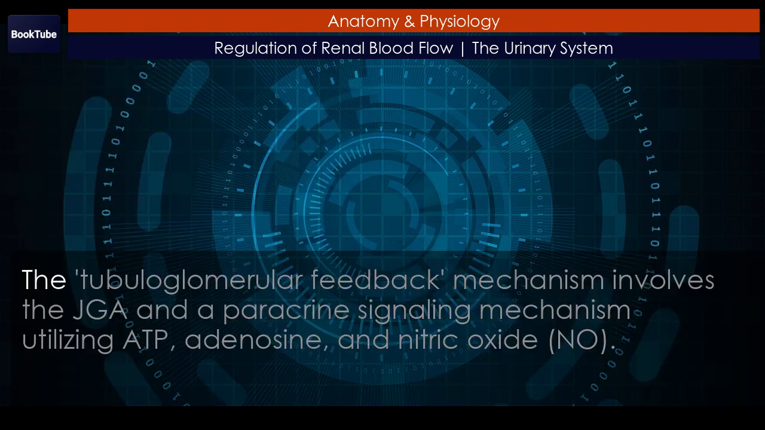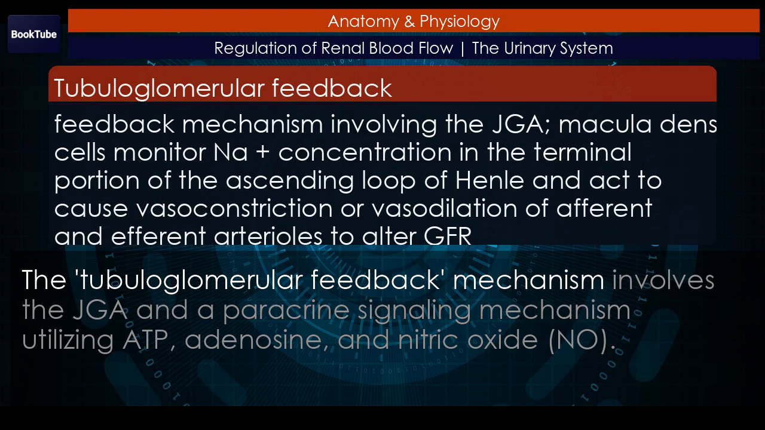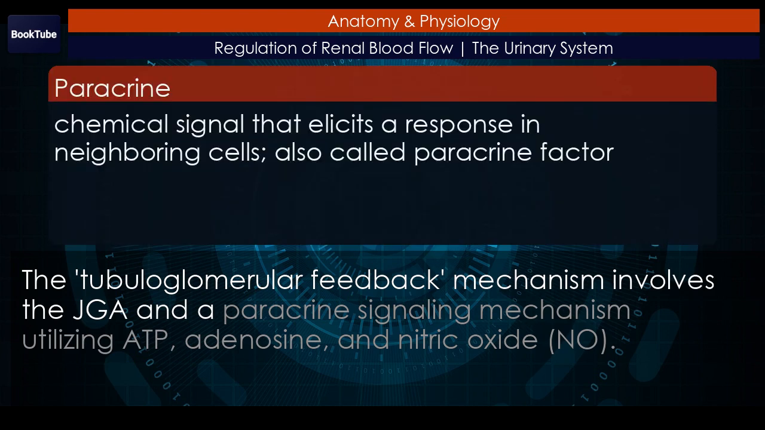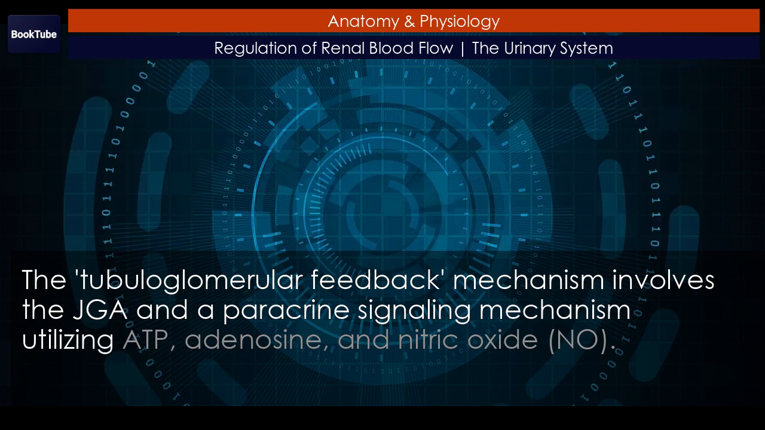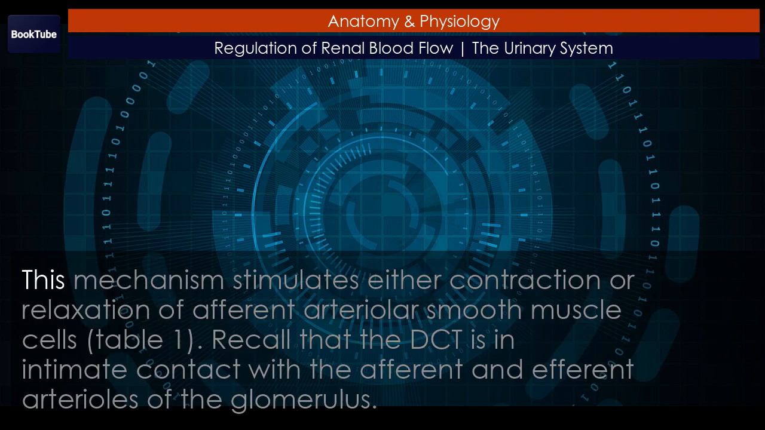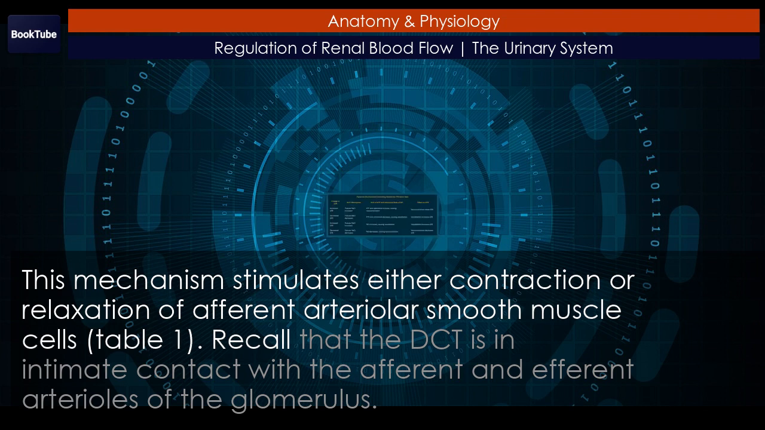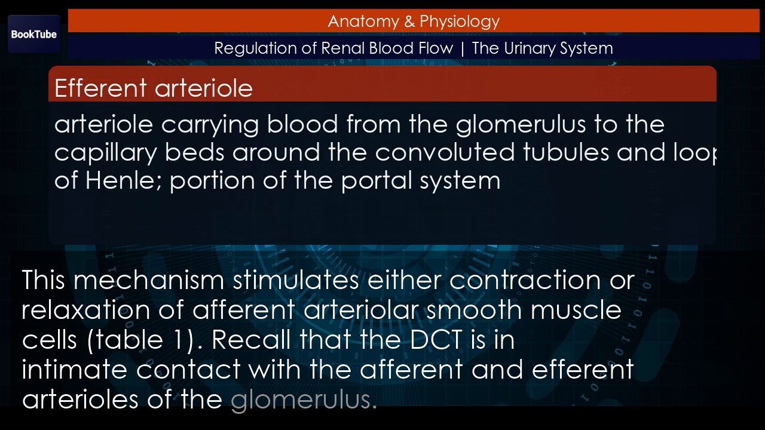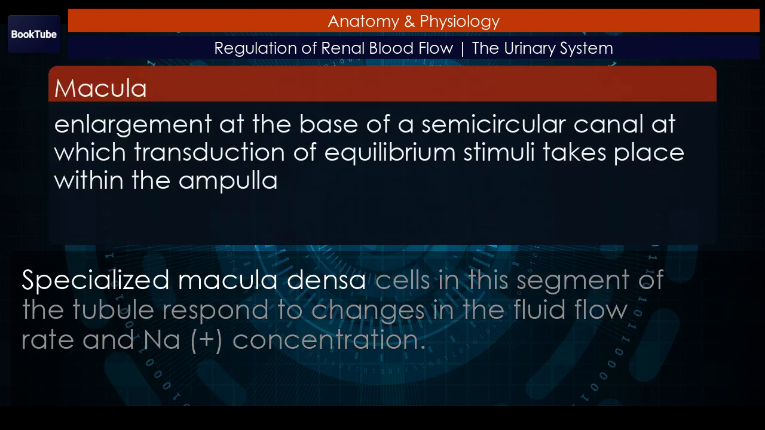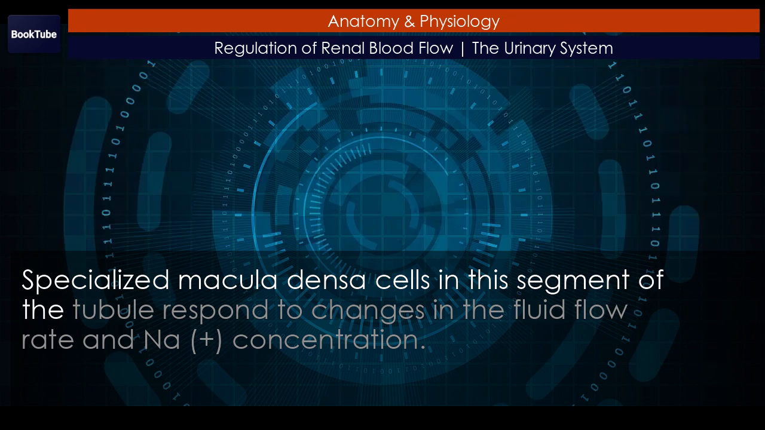Tubuloglomerular feedback. The tubuloglomerular feedback mechanism involves the JGA and a paracrine signaling mechanism utilizing ATP, adenosine, and nitric oxide, NO. This mechanism stimulates either contraction or relaxation of afferent arteriolar smooth muscle cells. Recall that the DCT is in intimate contact with the afferent and efferent arterioles of the glomerulus. Specialized macula densa cells in this segment of the tubule respond to changes in the fluid flow rate and Na+